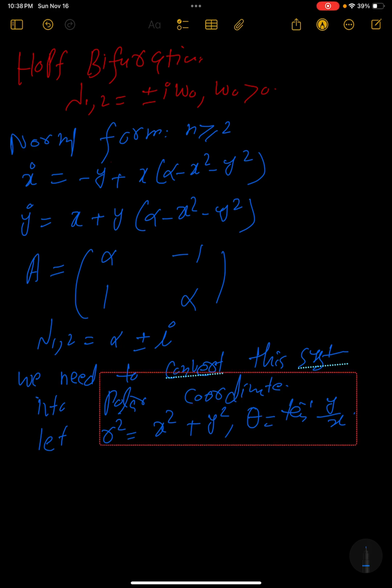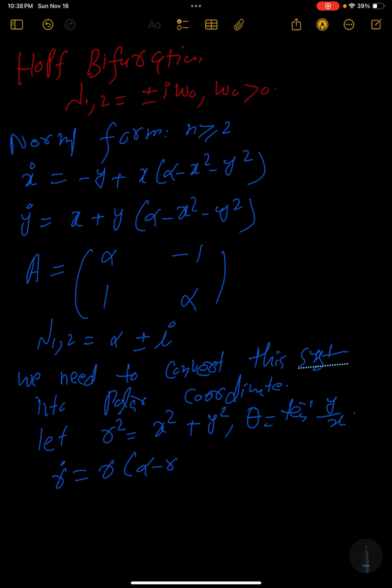Once we put everything in and do a little bit of algebra, we get r dot is r alpha minus r square, and theta dot is 1,